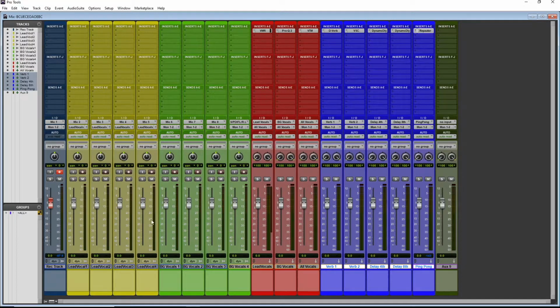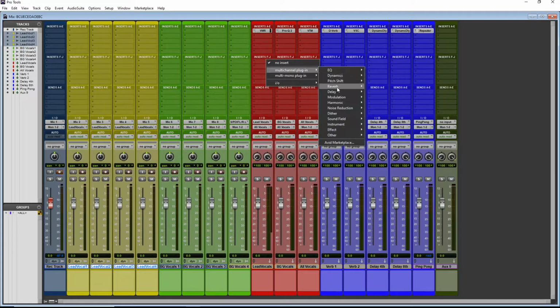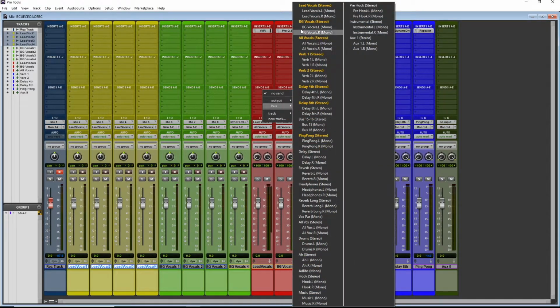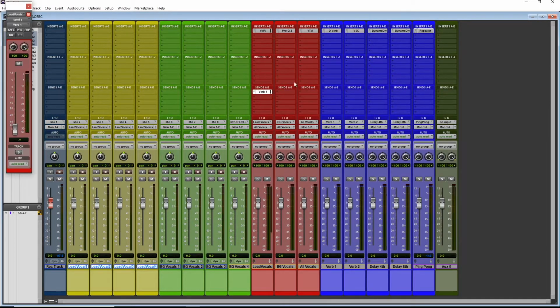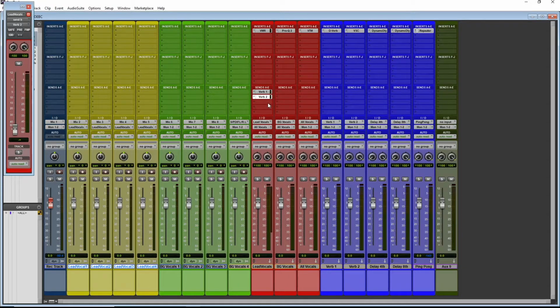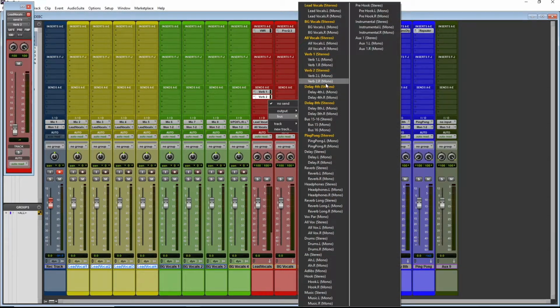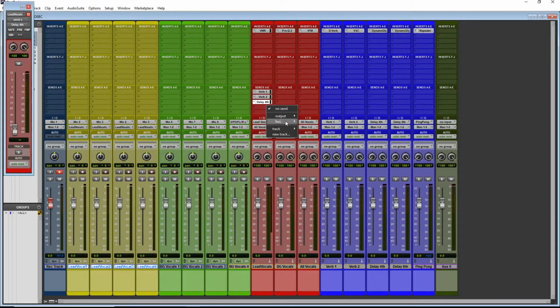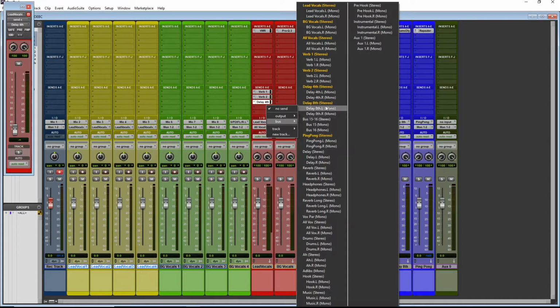All right, so we're not going to put any effects on, especially the lead vocals. We're not going to put anything on these channels here. We're going to do it all on this auxiliary. So let's put all of our effects on here. Sends, sorry. Let's put all our sends on here. So verb 1, verb 2, delay 4th, and delay 8th,